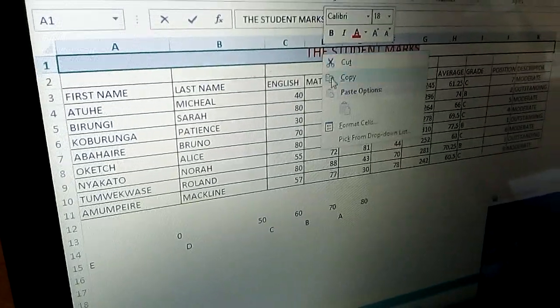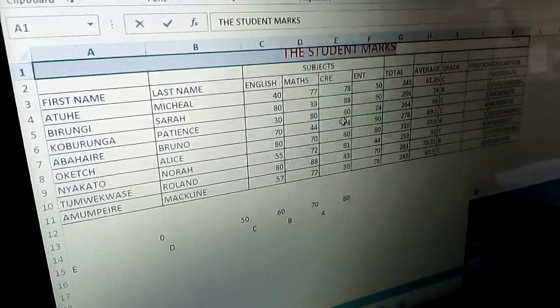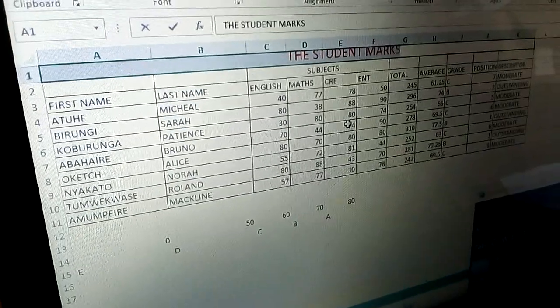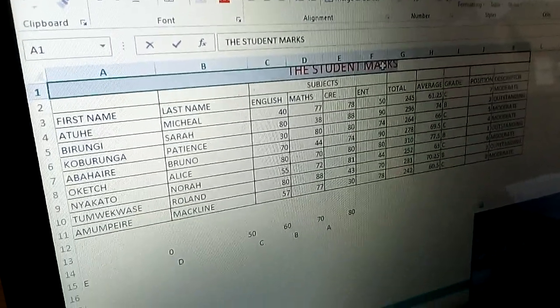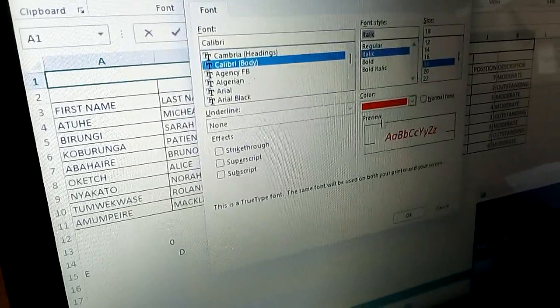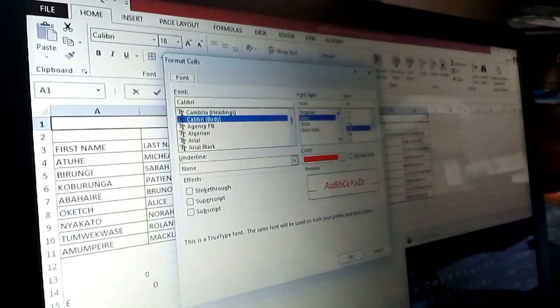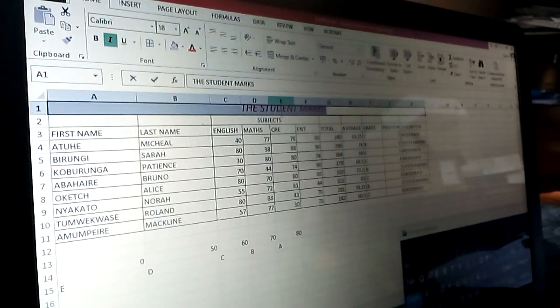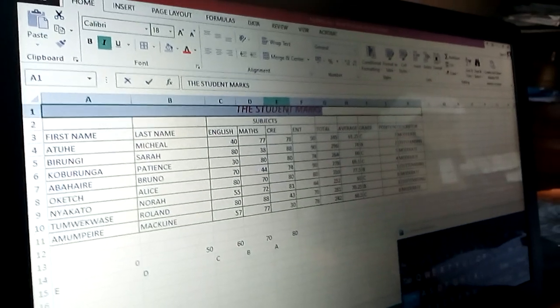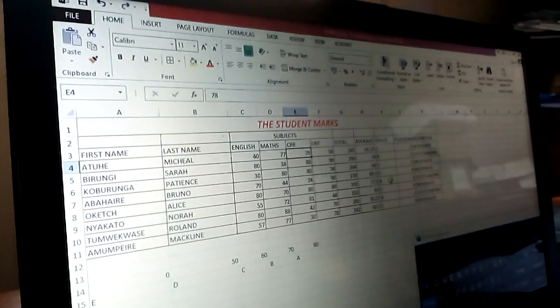You can format cells, and put, for example, the underline. Can put it in italics and etc.